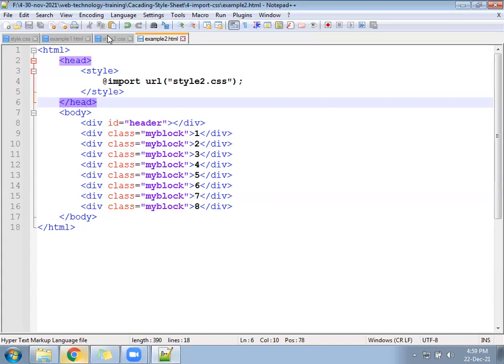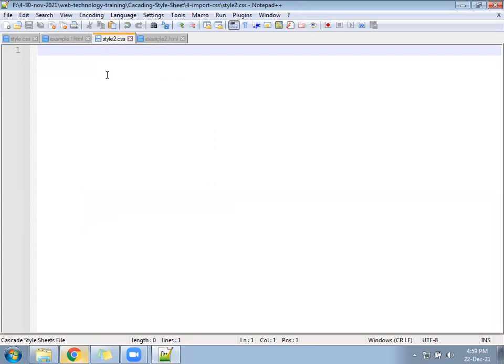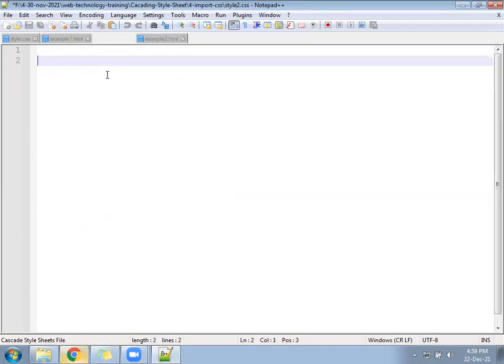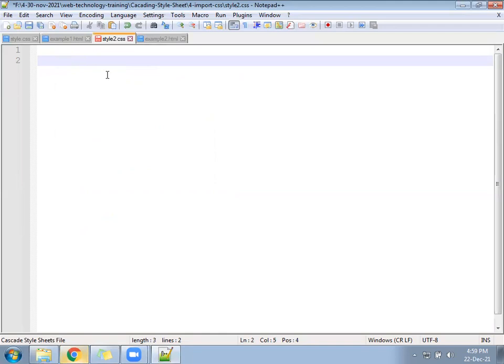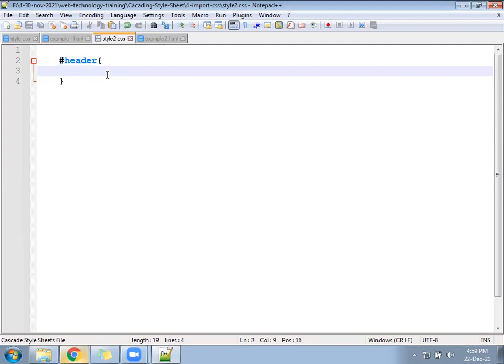Come to the CSS file, style2.css. In that, first we can write CSS for header. Header was an ID, so you will follow it as #header. Inside, write padding 20 px or maybe 40 px.